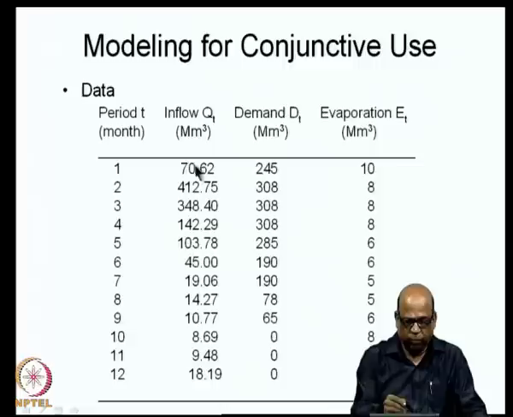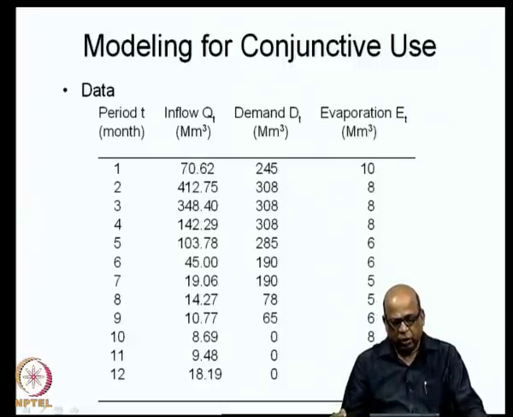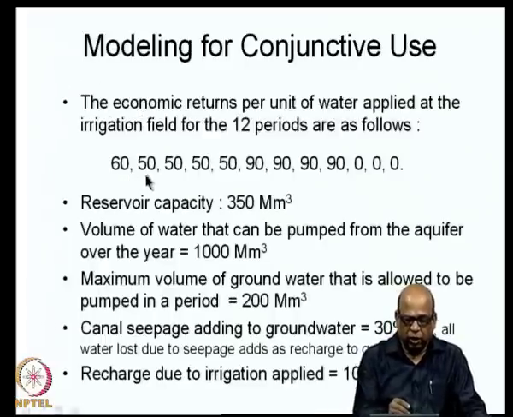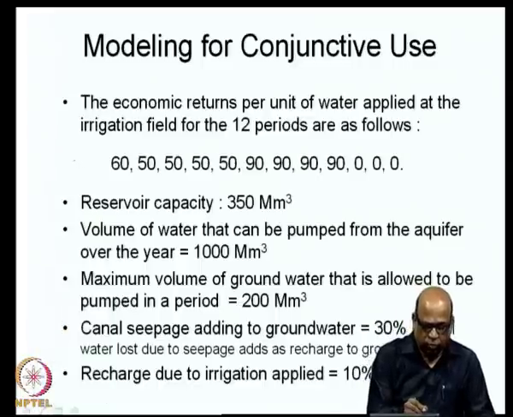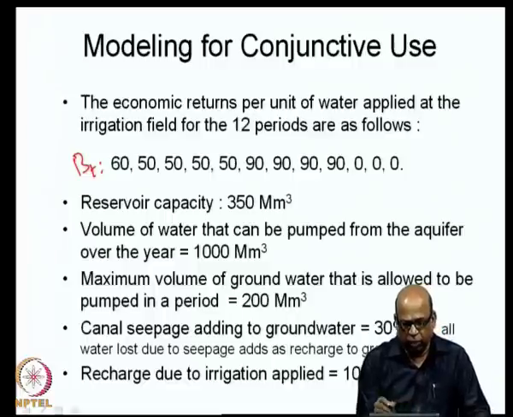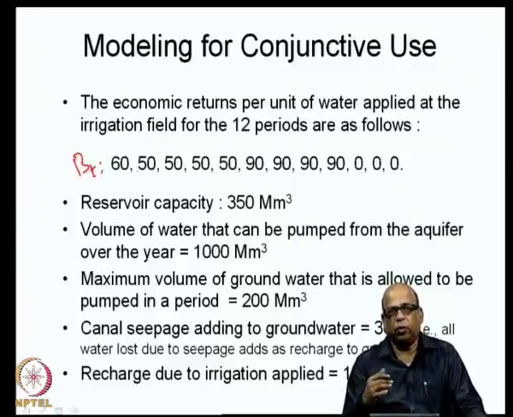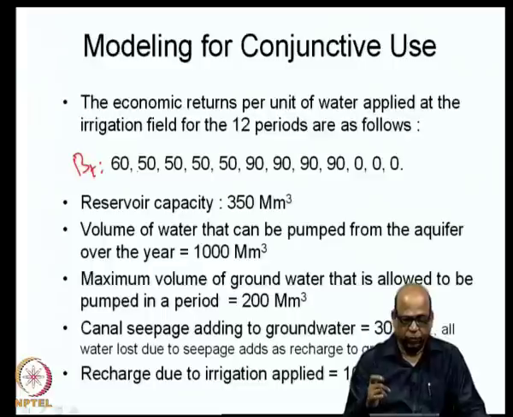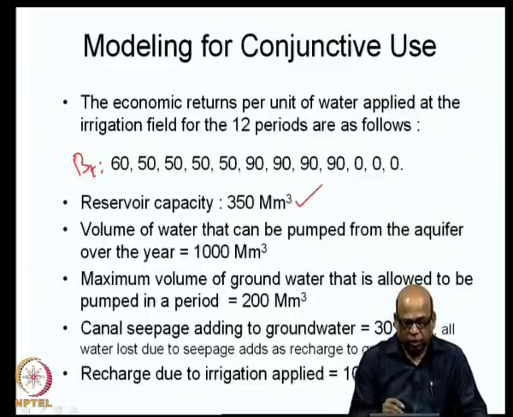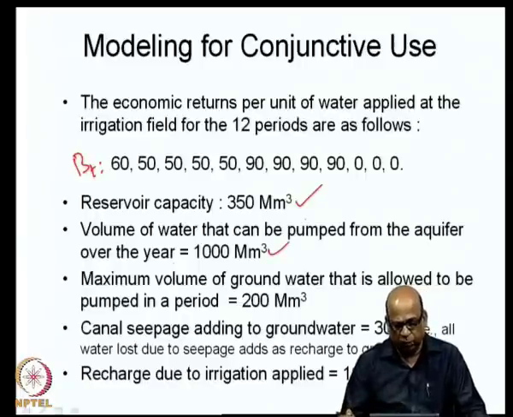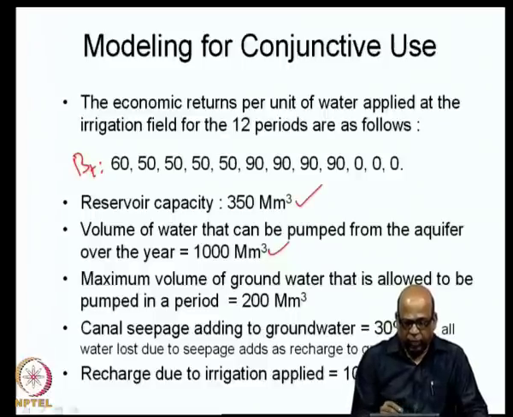You have the inflows in million cubic meters, you have the demands in million cubic meters, you have the evaporation in million cubic meters. And then you also have the net economic returns. So, these are the BT values. Now, the BT values are for 12 time periods, these are like this 60, 50 etc. Remember, BT is the net benefit that you get per unit water applied at the irrigated area. Then reservoir capacity is known. Then we also specify volume of water that can be pumped from the aquifer over the year, which is QP. QP is known,